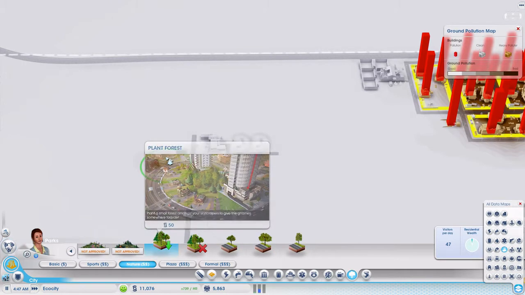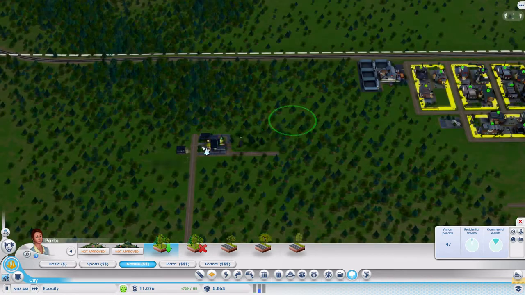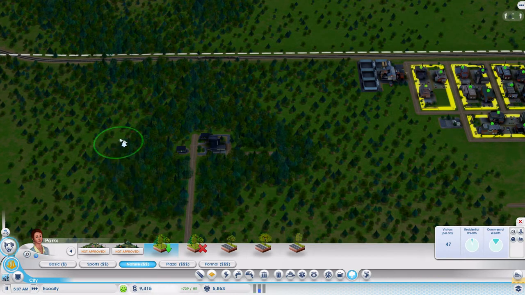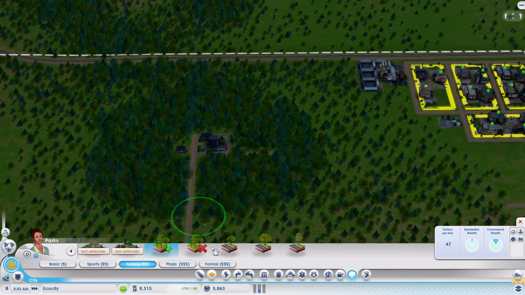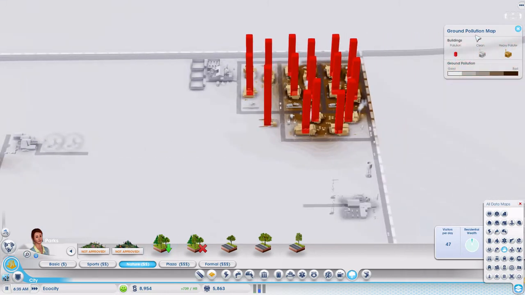So what I'm going to do is add some trees down around the polluted areas, and obviously as you'll see trees pop up. So we'll make this a massive tree area, and what you'll see over time is that the trees will suck up the pollution. So hopefully this should go. Now with the dump, what we can do is we can keep it there. However,